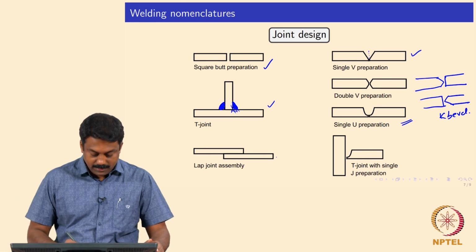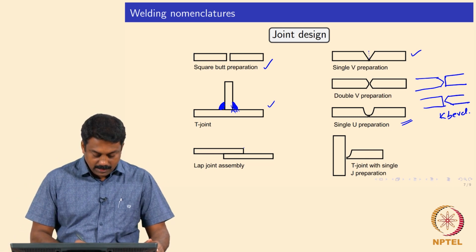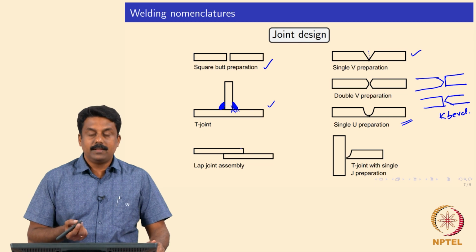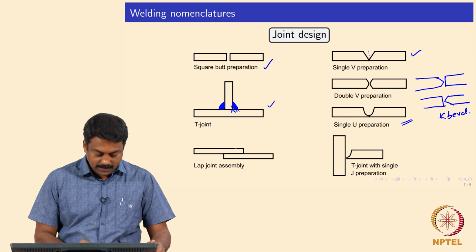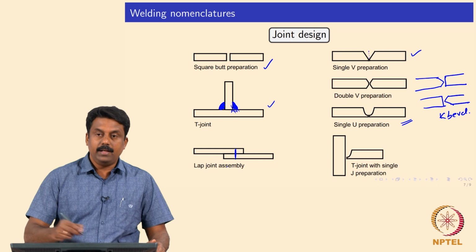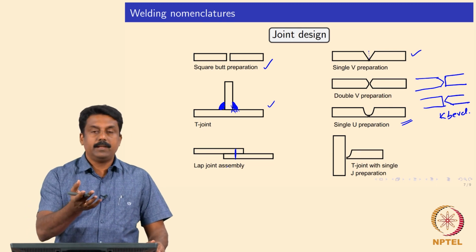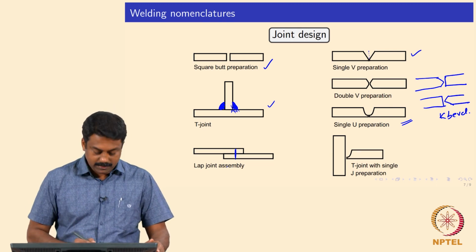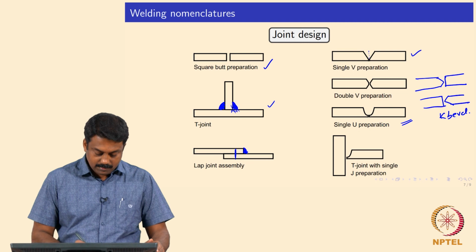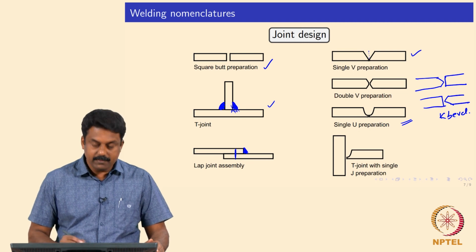And this is lap assembly in overlap configuration. In a lap joint, if you are doing laser welding, you can do it as a spot, and you can also do it as a linear weld. You can refer to my previous slides on the joint design. In conventional GMAW or GTAW with filler, you always do a fillet joint. So this is a lap joint with fillet.